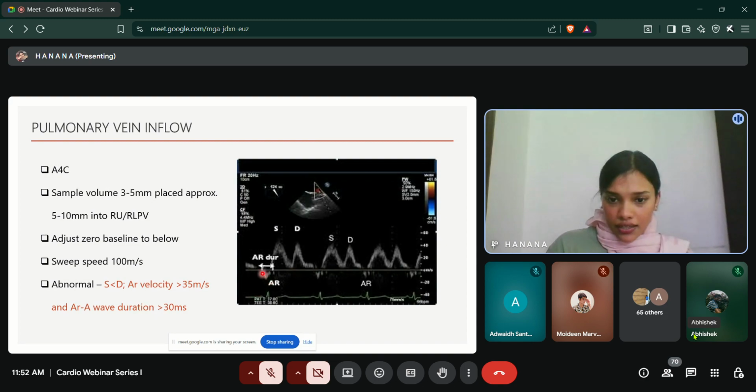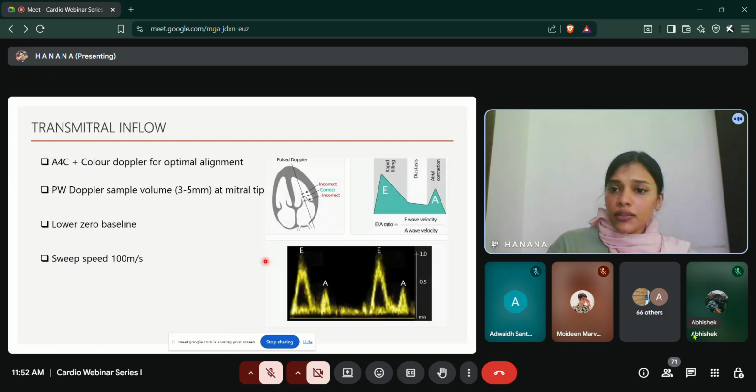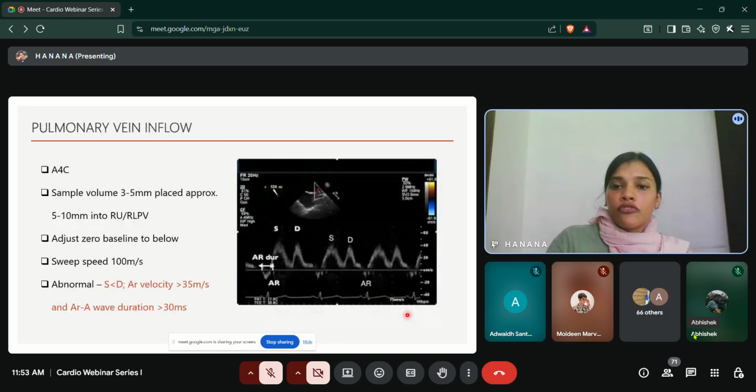And then AR minus A wave duration. AR duration is this duration, from here to here, and it is subtracted from the A wave duration. The A wave duration is taken from the transmitral flow. We should take the values independently: from the transmitral flow we measure from here to here for the A wave duration, and from the pulmonary vein inflow we measure this one. If the subtracted value is greater than 30 milliseconds,